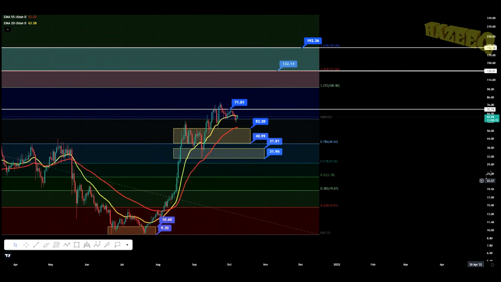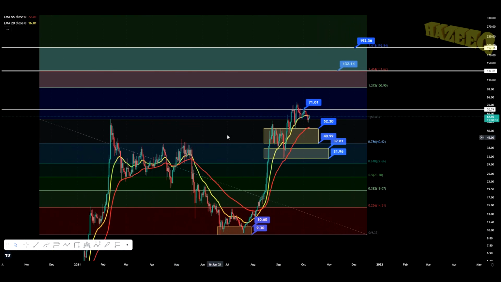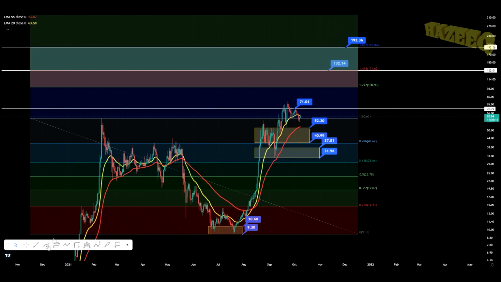Now, other than that, what we're doing right now on a larger picture. So you can see that we have our all-time high, our previous all-time high over here, and we're just sitting on it as support. So we broke it as resistance, now back testing it as support. Very nice stuff. Next up, what we're looking for is $100.90. That's our impulsive wave target, and that is, well, that's our next resistance on the fib level. And there's a bullish pattern that is giving us more confidence that we're going to get to that price.